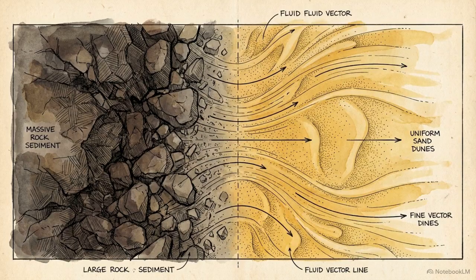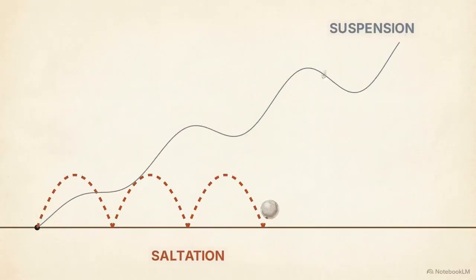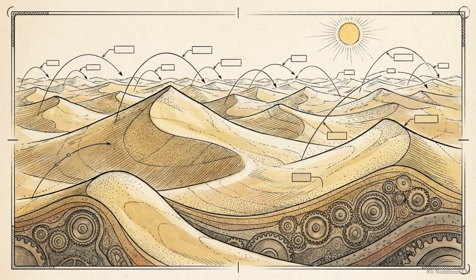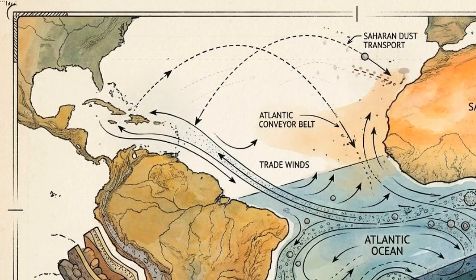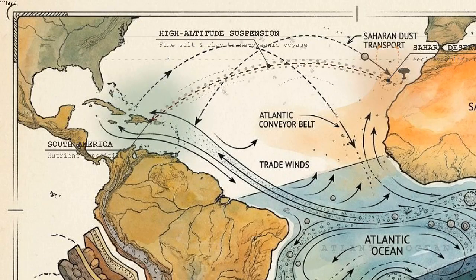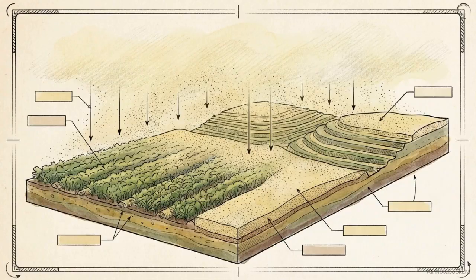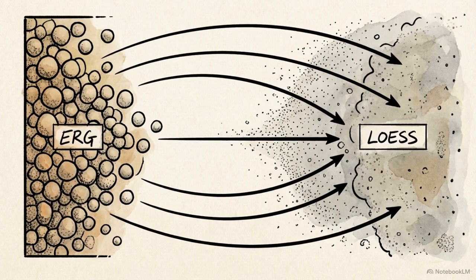The wind perfectly segregates sediment by mass over huge geographic areas because of the differences between saltation and suspension. Heavier sand particles move by saltation and fall out of the wind stream quickly, accumulating in concentrated regions called ergs, or sand seas. Silt and clay are carried in suspension for vast distances, often settling far beyond the borders of the desert. These suspended particles eventually settle to form loess, massive, highly porous, homogeneous plains of silt located far from